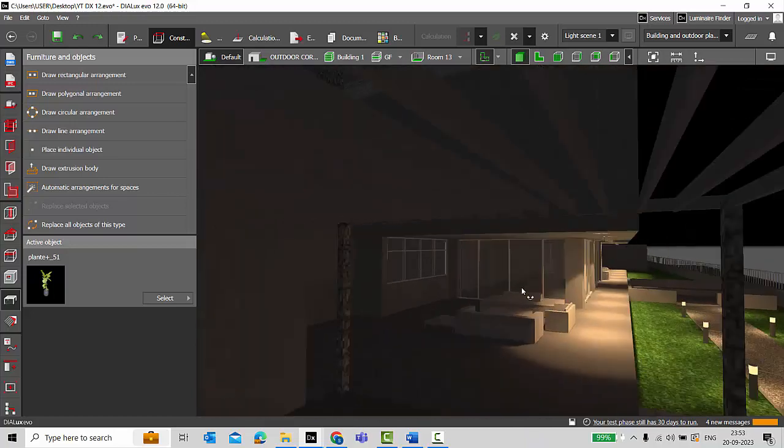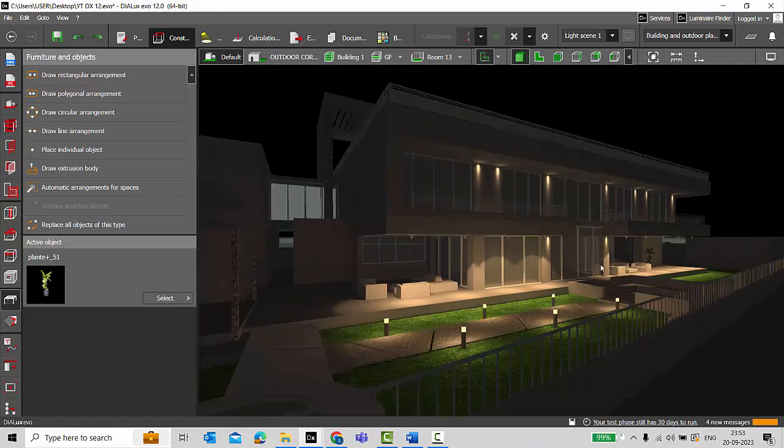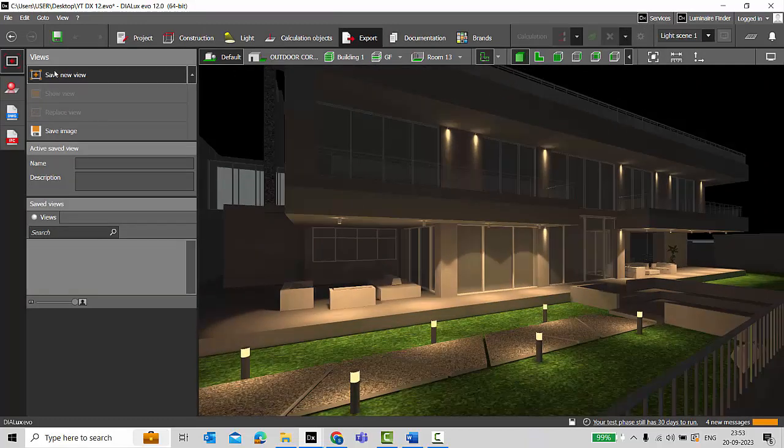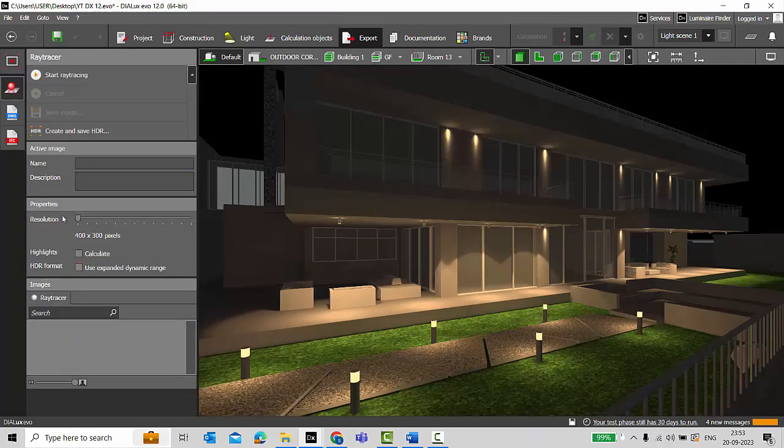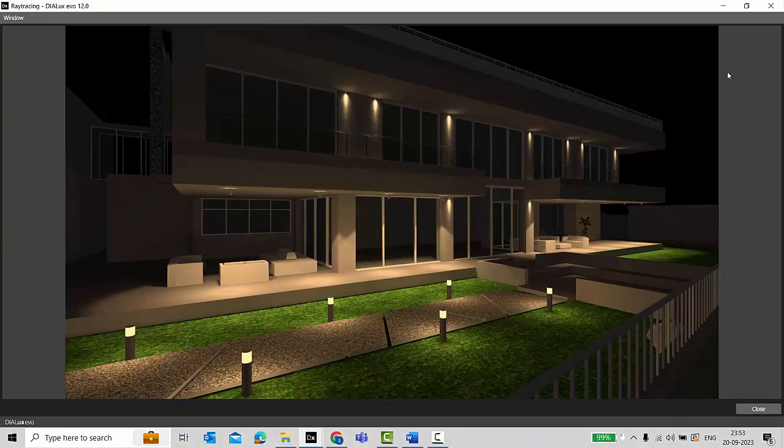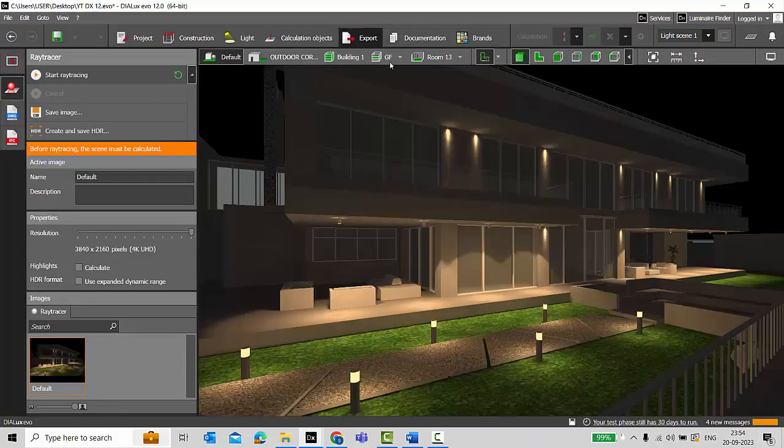We'll set the view. Let me set the view something like this. Export, save new view, ray tracer. I'll increase the resolution for 4K Ultra HD. Start ray tracing. Ray tracing is completed, and this is the render. Perfect. No missing textures, proper light textures. That's nice. We'll close this, and